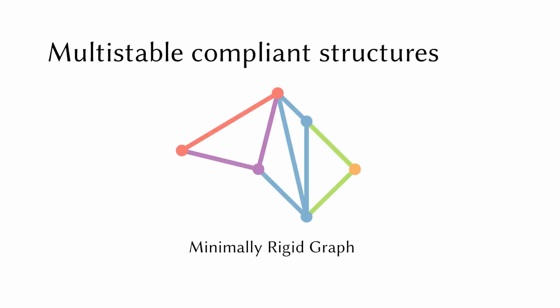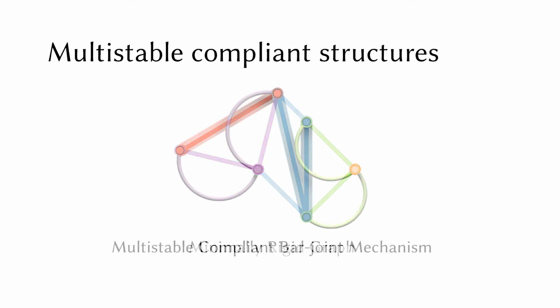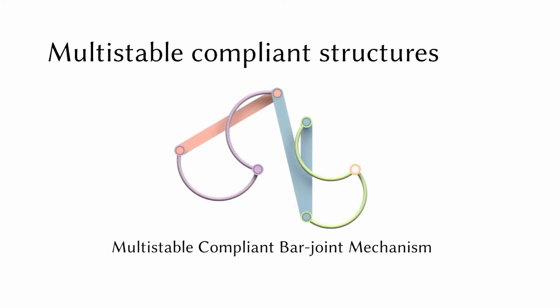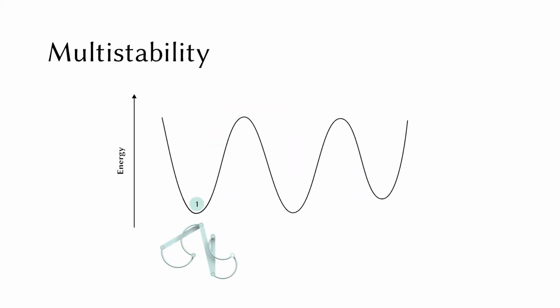poses. Given such a minimally rigid graph, we transform it into a compliant bar joint mechanism by converting edges into rigid and compliant bars with hinge joints between them. In its rest shape, such a mechanism is stably located at a local minimum of its elastic energy. By bending the compliant bars, the mechanism can be switched into a different stable pose by overcoming the energy barrier